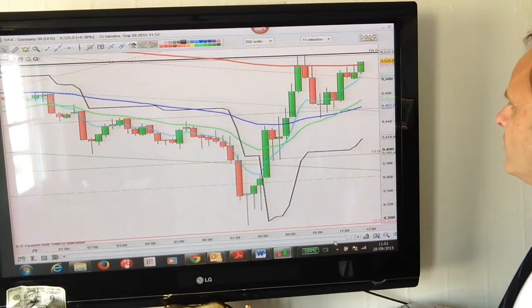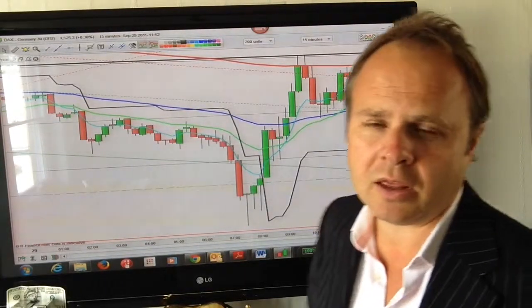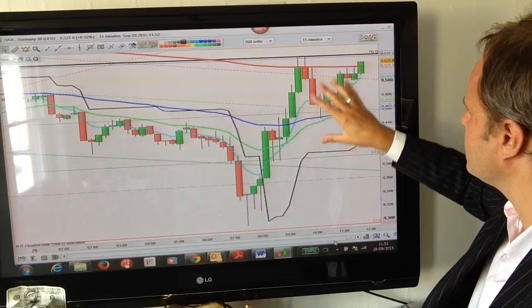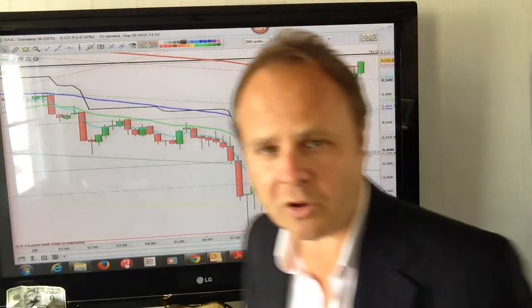Now the expectation is, if the DAX price can't push through the 1 hour time frame, it will have another go, and then if that then gets pushed back down, then that's where we see an opportunity to sell, because we are still in a downtrend. You will get a rally, as you're seeing here, and if it doesn't break beyond that 1 hour time frame, then what will happen is the price will just get pushed back down again,